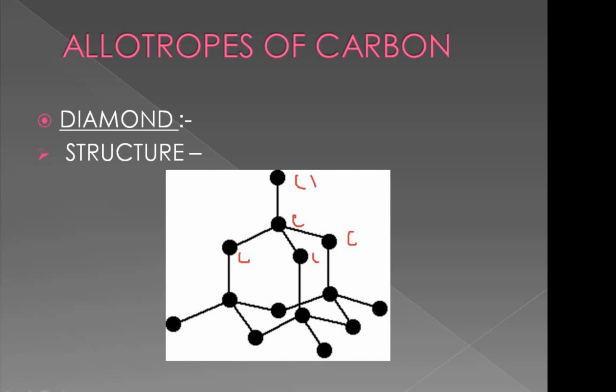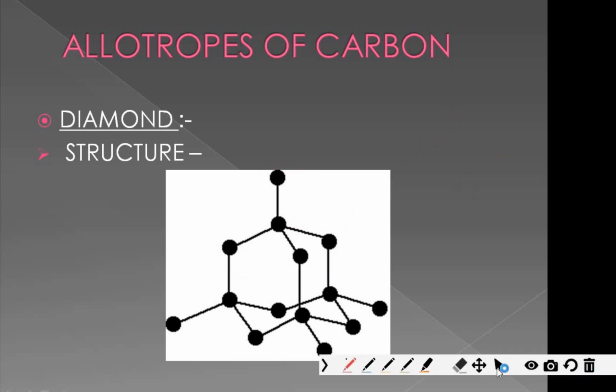Okay, now in a diamond this is a unit cell. Now a diamond is made of a number of unit cells. You can see this one is a unit cell. Now this unit cell is called a tetrahedral unit cell. You should remember the name tetrahedral, nothing else is required. Also it will not come in your board, it is for extra knowledge. You can remember it for board also or not, it's up to you. This shape is called a tetrahedral shape. Okay, now next we will discuss properties of diamond.